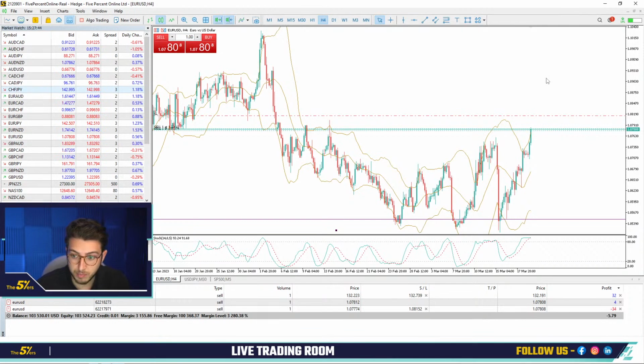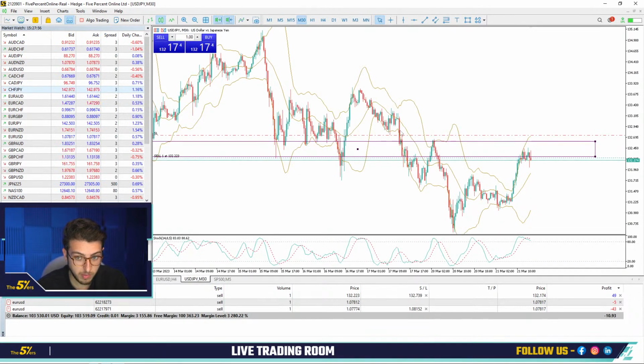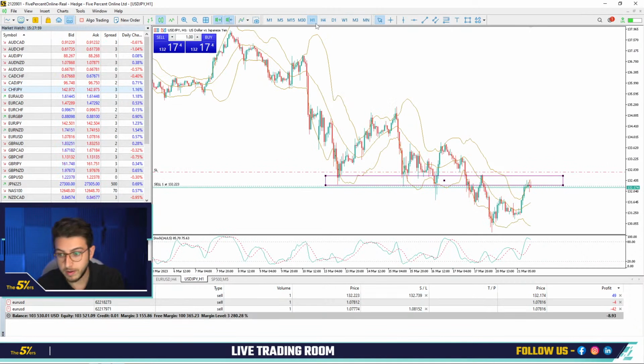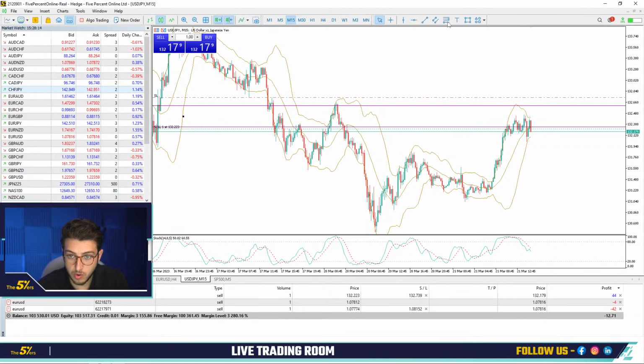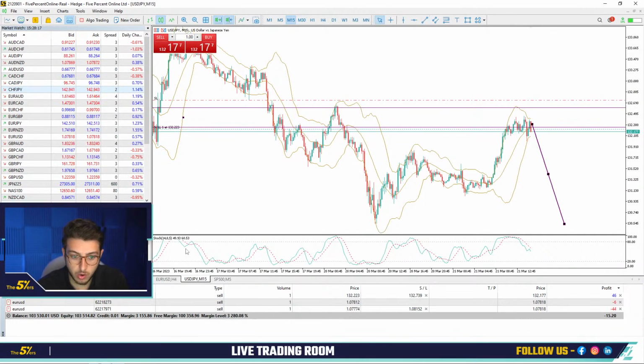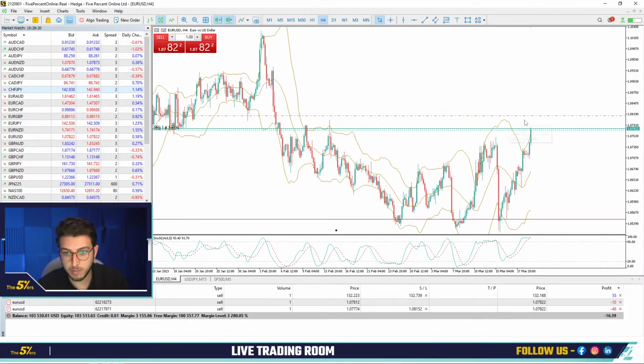And again, I know that my positions most likely are going against the trend, and I know that I'm not waiting for any confirmation here. For example, in the dollar yen, this is quite the same, but I'm going with the trend. So again, I'm not looking at the trend to take a decision. I'm only looking at the volatility at a specific amount of time, and I'm looking at the momentum. And here my portfolio is balanced, so I'm fine. If you see the dollar yen making a strong movement down, we're going to see the Euro USD maybe flying up, taking my stop loss. I would have my dollar yen, so I'm quite balanced here. That's totally fine.